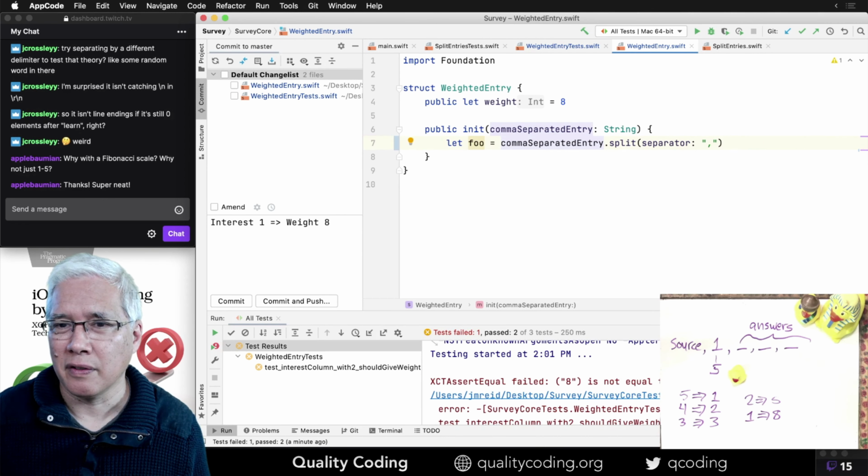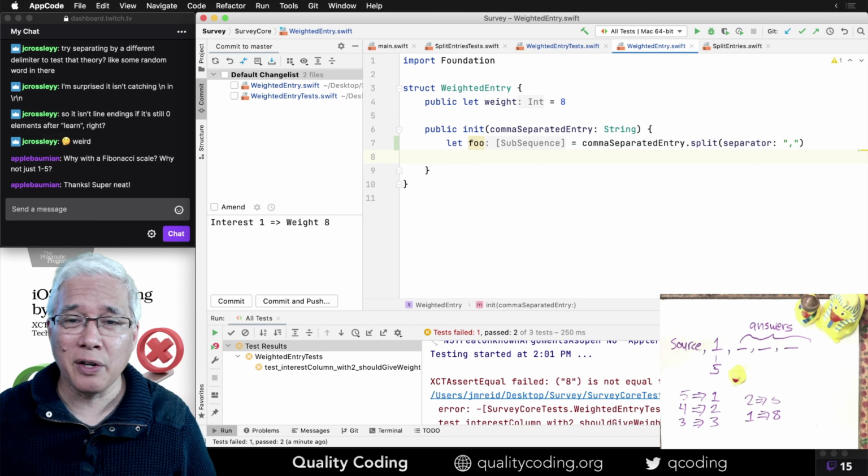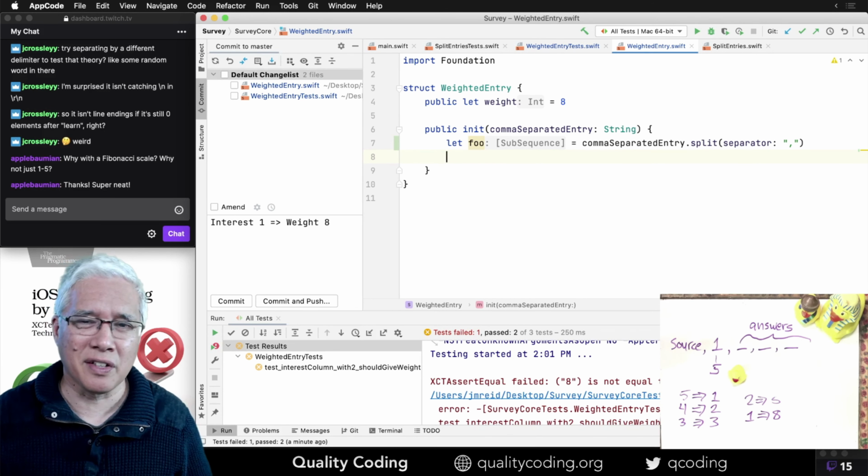When I omit the type, then the implied type is shown by AppCode as soon as it figures it out, and it shows that it is an array of subsequences. I think they call it type hinting. I call it ghost type because, watch me move the cursor, it's not really there. It's not actually in the code, but it's a helpful hint for the coder who is reading.